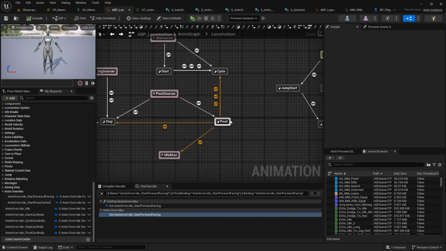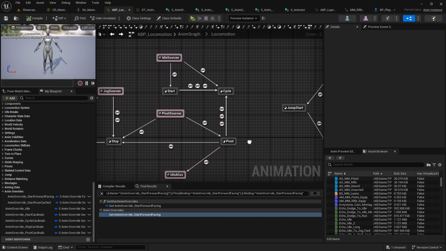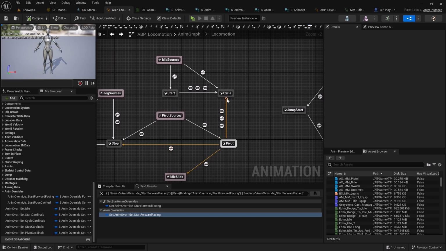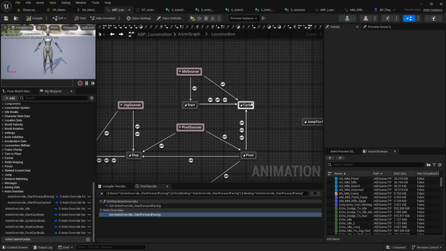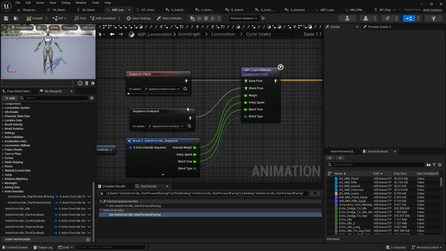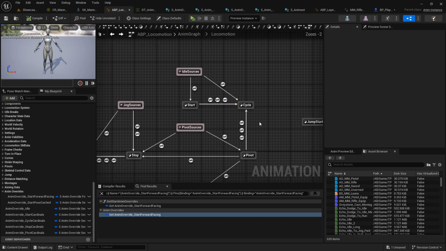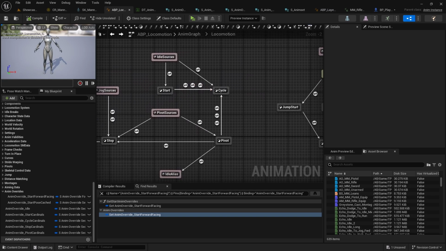But once it reaches this pivot state, ideally it should go to this cycle state in order to play the cycle anim again and again, but it doesn't make the transition, I guess. So what we can do is further improve these transitions to make that